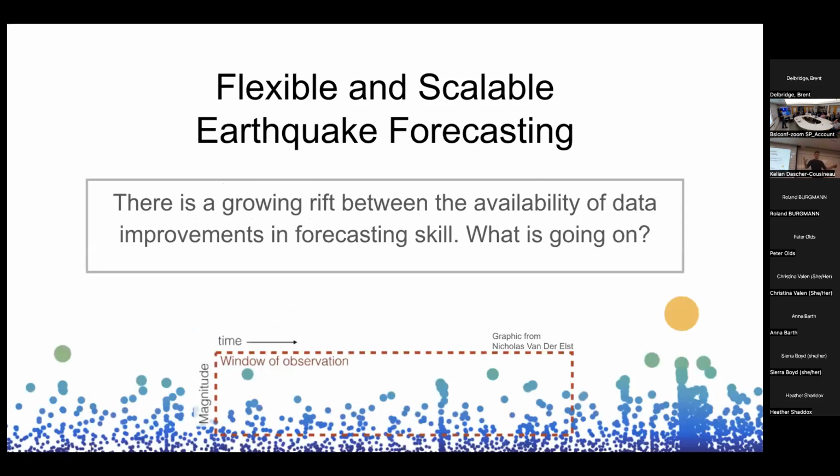This takes me to the second main part of my talk, where, motivated by this desire to include a lot more diversity in our earthquake forecasts, I set out to include this information in a formal earthquake forecast. And I hit a roadblock when doing this. It was even more peculiar to me because as I dug into this more and more, I realized that the amount of data that is available these days is growing explosively. The forecasting models that we use still haven't changed for much of the last 3 decades.